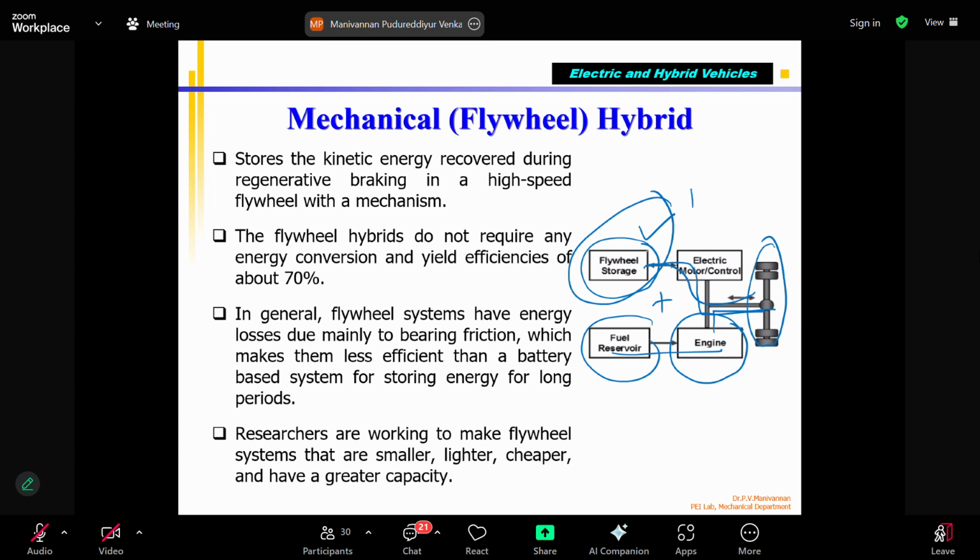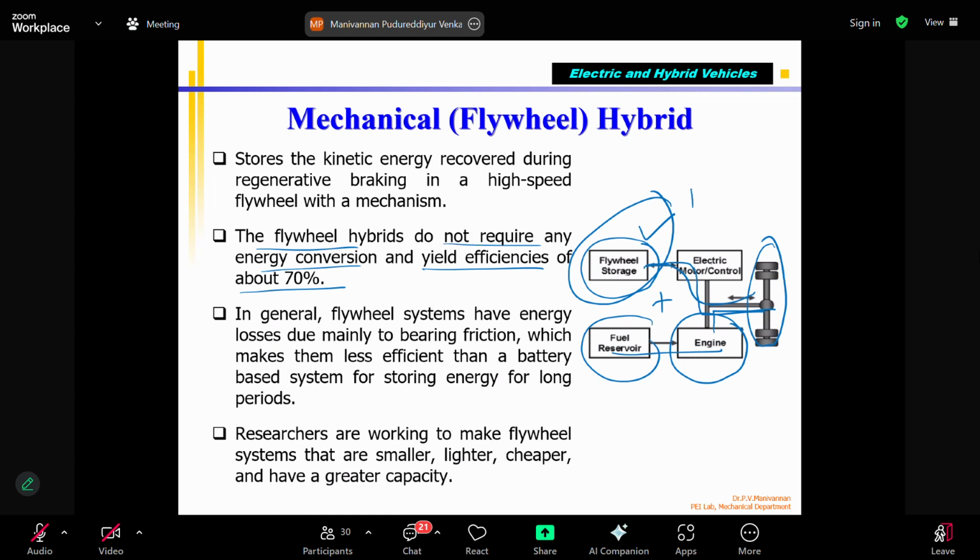But here, mechanical energy is stored as mechanical energy itself. It is not converted to electricity and then stored, or stored in hydraulic fluid or air. Instead, the flywheel stores the mechanical energy itself. So this also they tried. The flywheel hybrid doesn't require any energy conversion, so it has the highest